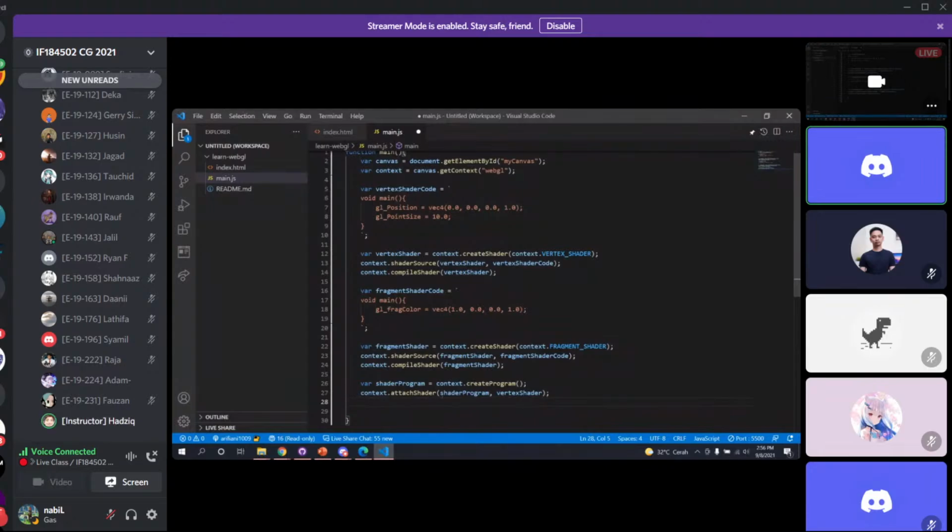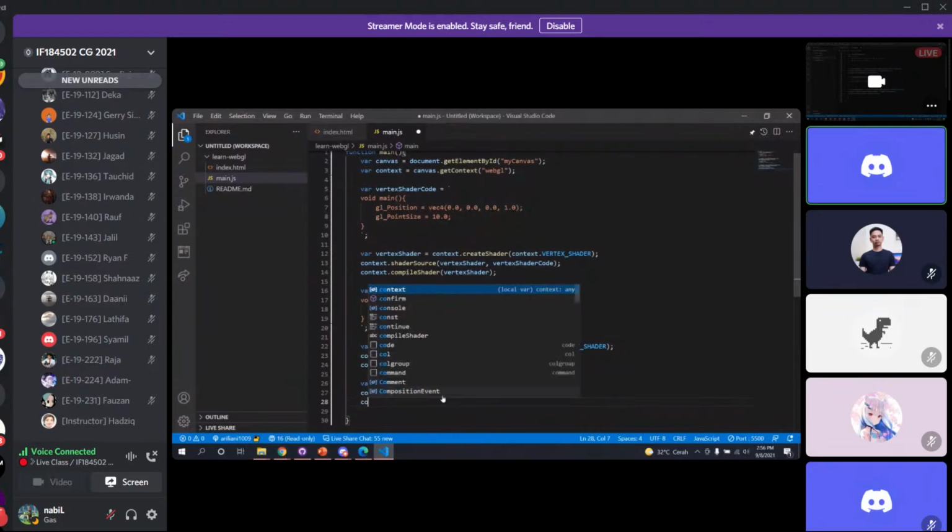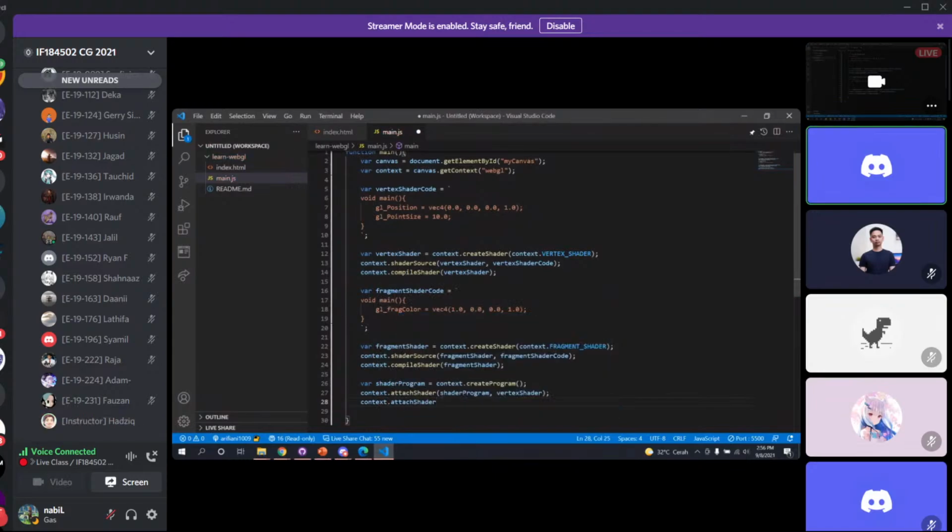Lalu kita akan menambahkan juga pengaturan fragmentnya. The shader, ini juga sama, shader program. And then this is the fragment shader. Here, after this one,